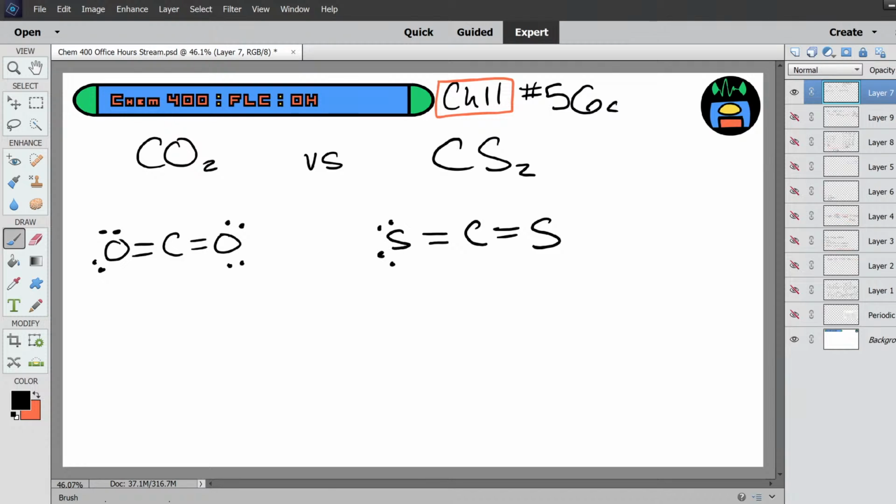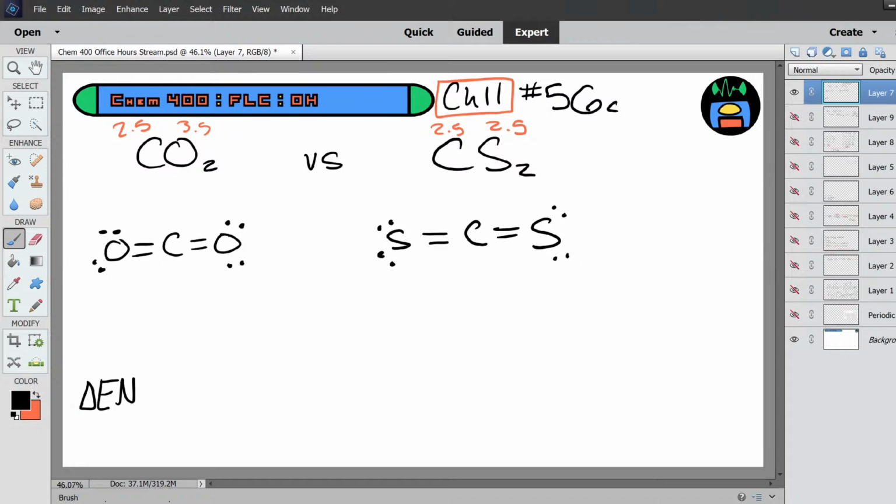The structures look exactly the same, except one has oxygen, one has sulfur. Now, when you look at your electronegativities, carbon is 2.5, oxygen is 3.5. Carbon 2.5, sulfur also 2.5. So if we're talking about the difference in electronegativity,